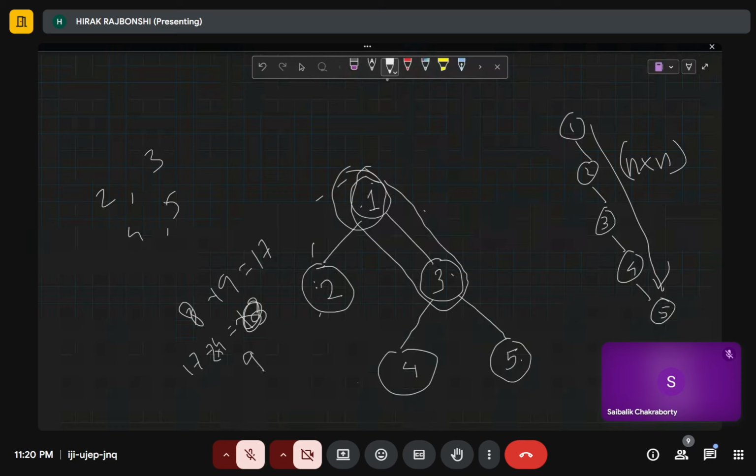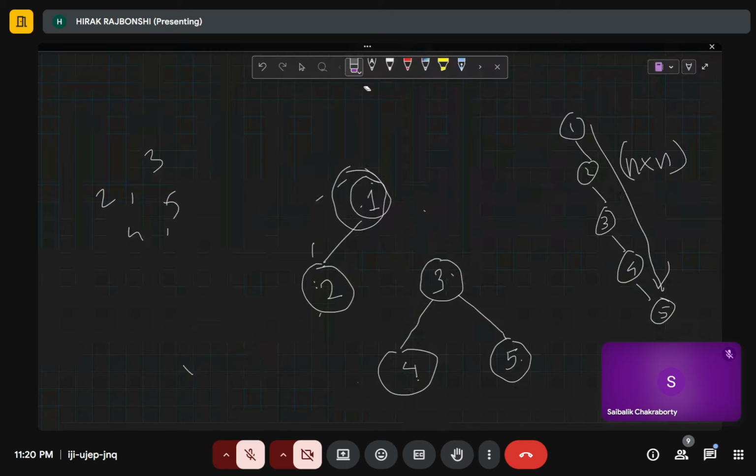Okay, but if you see this sum come up to be 12. So when we are removing this first part, then only 4 remains. Again when we are removing this, then only 5 remains, and we are not considering this node. So we have to add this again, so it will be 12. So if we see this again, we can say